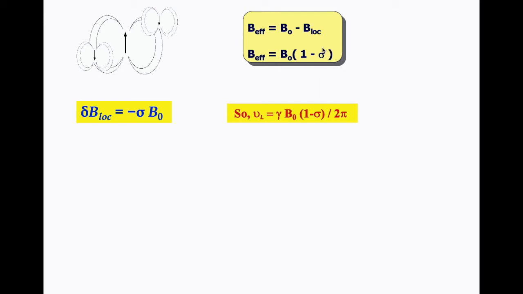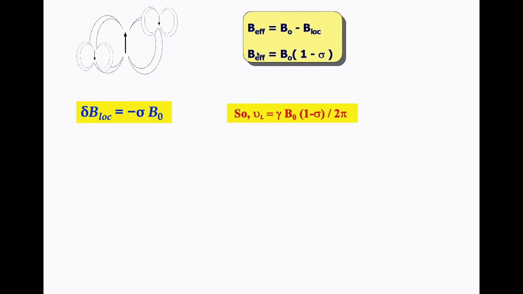Here, for your information, let me point out what sigma is. Sigma is the shielding constant, which I already mentioned. If you have a higher electron density around the nucleus, it will shield much more than a nucleus having less electron density. The electron density around the nucleus is shielding the nucleus from the applied magnetic field. Therefore I call this quantity sigma the shielding constant.